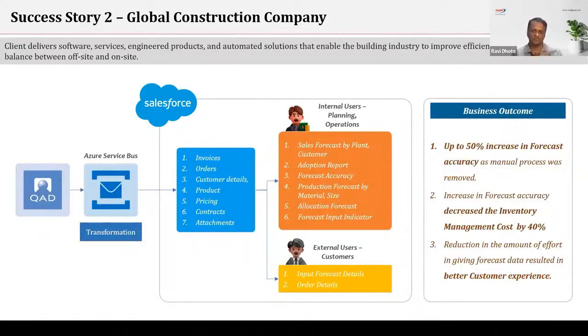All of their top customers have a login portal where they just change the forecast. Otherwise, the default forecast is already available to them based on their past purchase behavior. So they don't have to submit a lot of detail again and again. They just have to tweak. Maybe if this is May, they just tweak the June forecast, and instantly that data is available to you without any follow-ups.